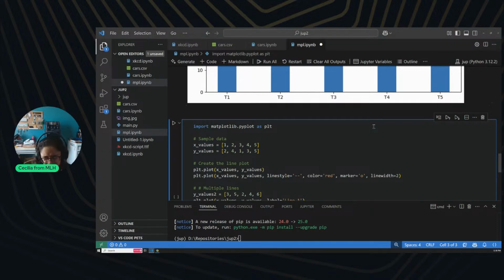NumPy. I never remember how to pronounce it correctly. People don't really talk to me about it. So,